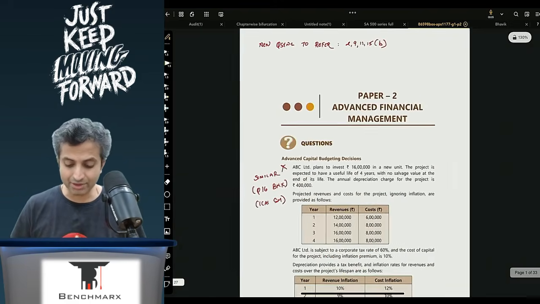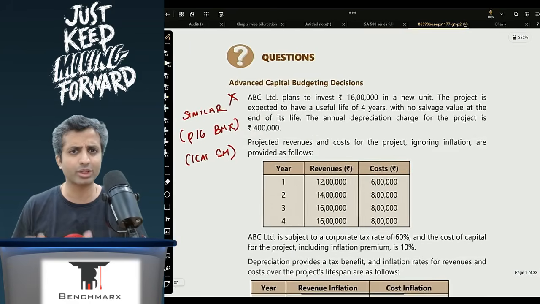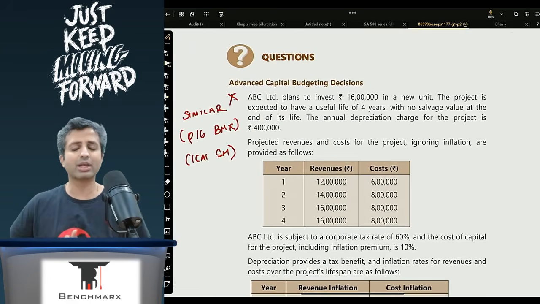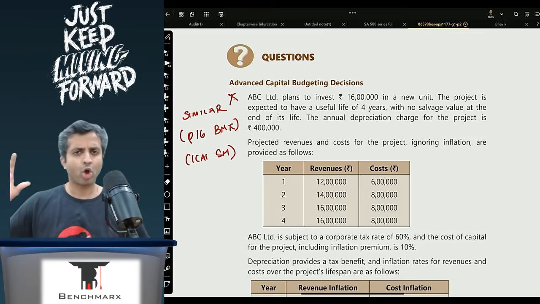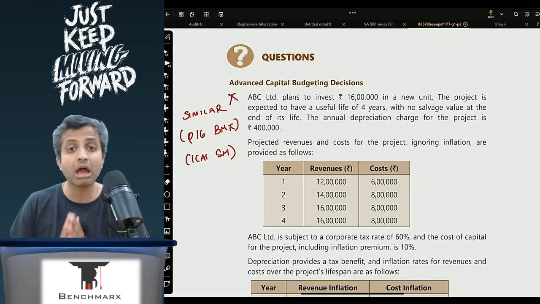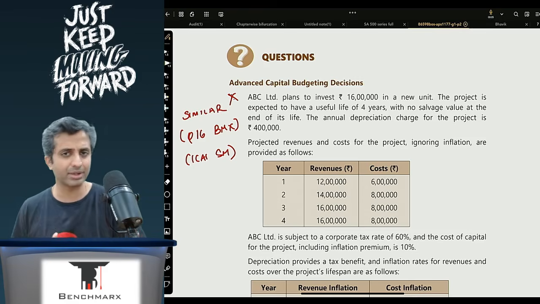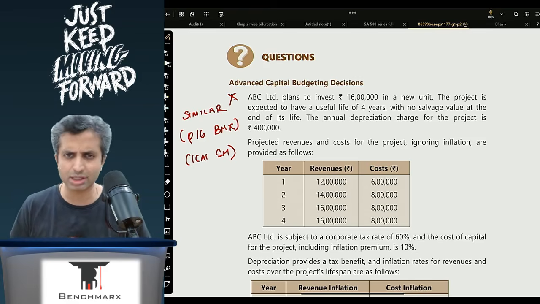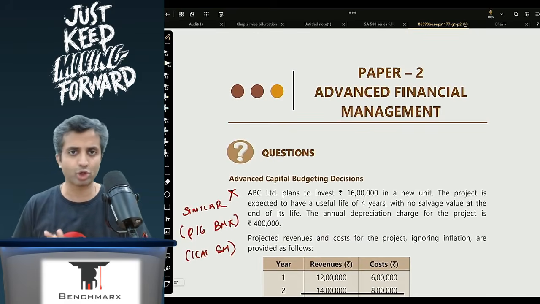So what we have done is we have tried to give referencing for the similar questions which are there in our book, as well as the source, whether it is from the Institute RTP or study material, etc., so that it is easier for you to correlate. I am not going to discuss the repetitive questions, but we will discuss the new questions so that it optimizes your time before your exam.